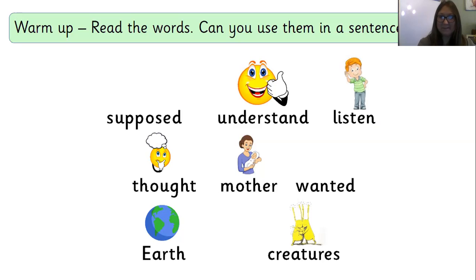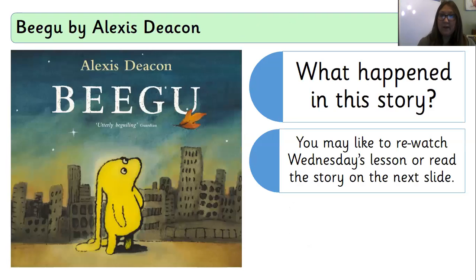Super sentences, everybody. What we're going to do now is have a recap of the story Bigu. We remember from last time that Bigu was a small alien who landed on Earth. And poor Bigu was trying to find some friends, but wasn't very successful. The large beings on Earth were all a bit mean to her, the adults. But luckily she found friends in the small things, like the children and the puppies. At the end of the story, she was becoming pretty desperate. She felt very alone. But we had a happy ending because her parents came back and they zapped her up